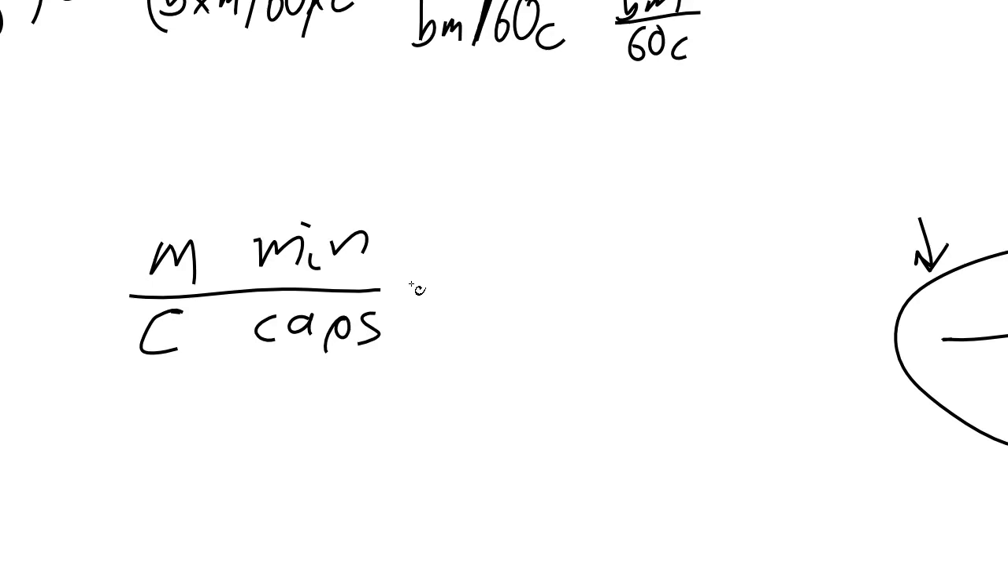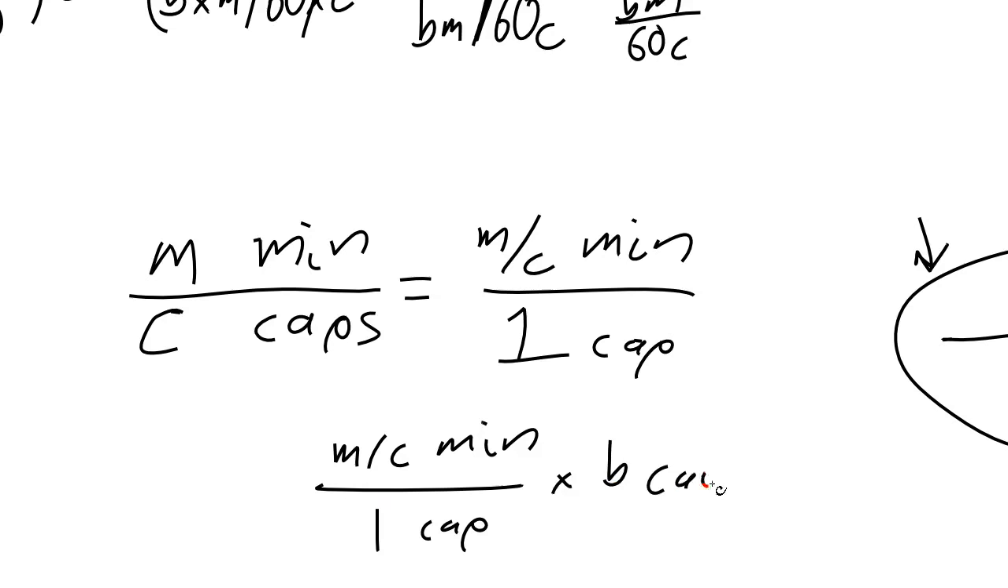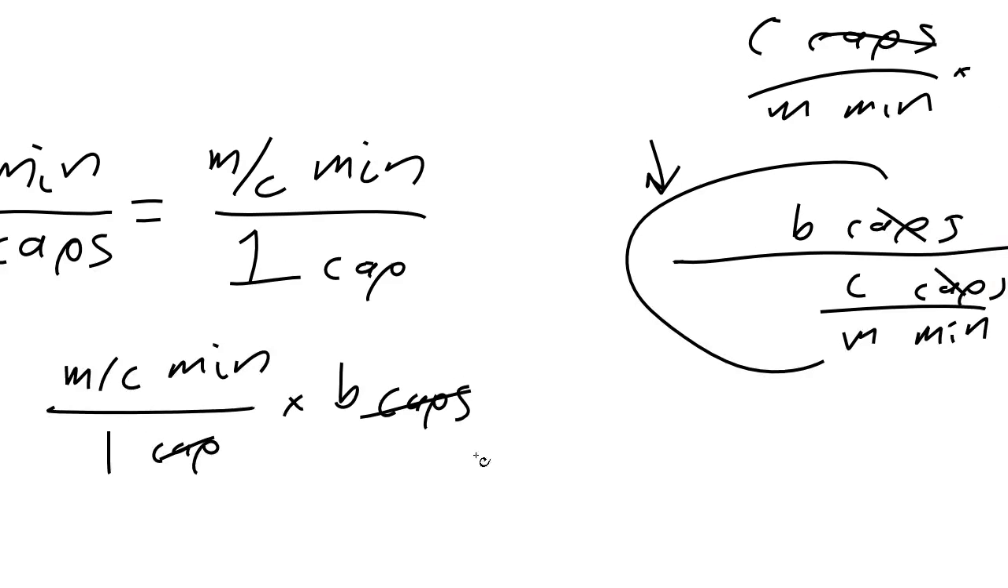and if every M minutes it does C caps, then that's the same as saying every M over C minutes it can do 1 cap. Well, if I want to do a total of B caps, M over C minutes for every 1 cap times B caps, again, the caps effectively cancel out, and that's BM over C